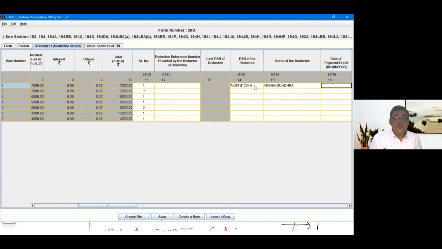Then date of payment, when we paid this money to him or credit. We know that under section 194H, we are required to deduct TDS at the time of making payment or credit, whichever is earlier. So the system wants to know on which date you are supposed to deduct TDS. That means the date of payment or credit, whichever is earlier. Since it was deducted in the month of April, ideally it should be in the month of April. It was on 10th April